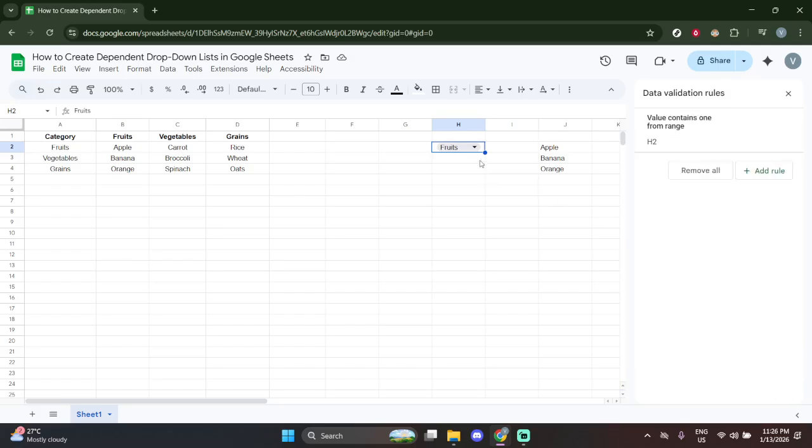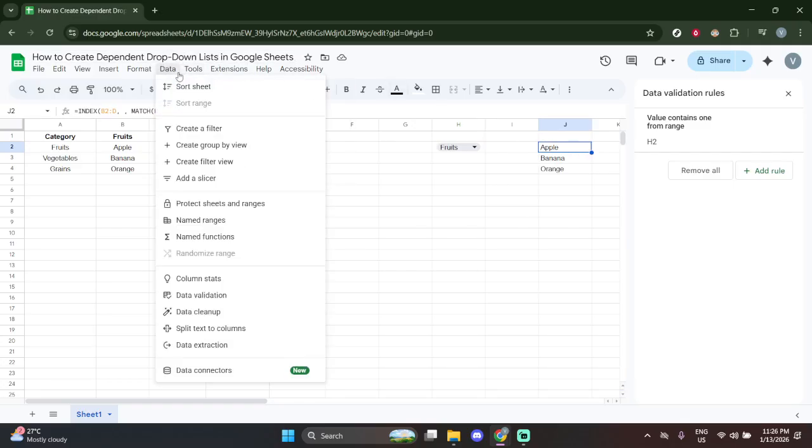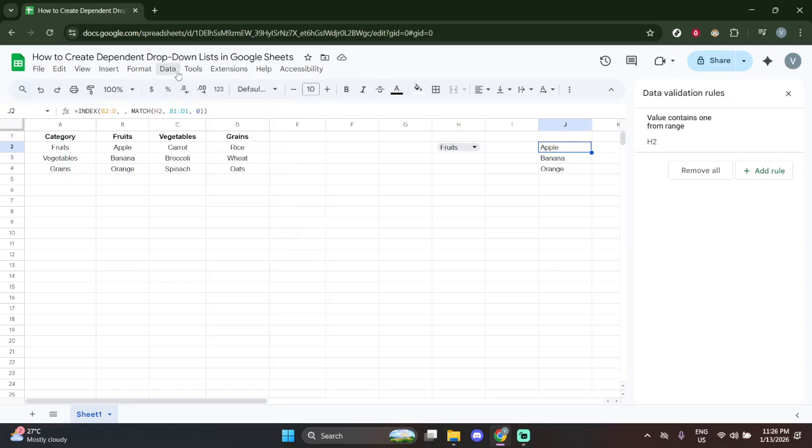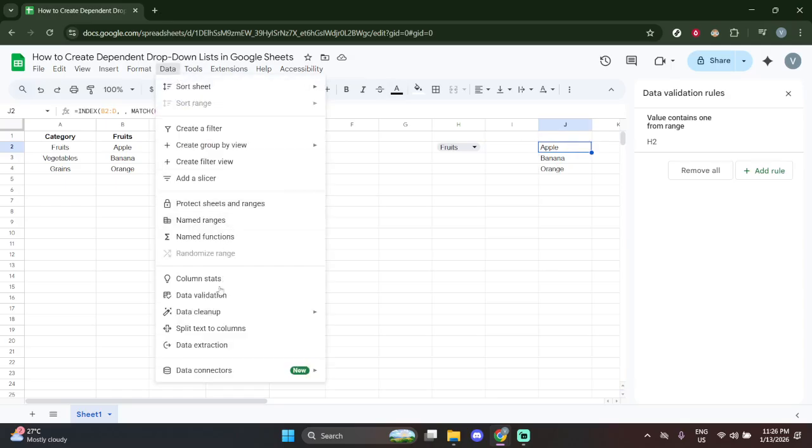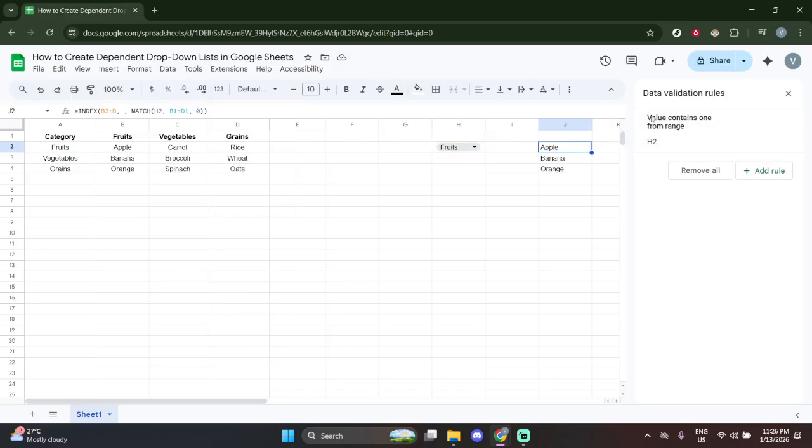Select the cell that will hold your dependent drop-down, the one that should change based on the first selection. This is usually the cell to the right of your first drop-down, but place it wherever you need in your template. With that cell selected, go back to Data and choose Drop-down again. This time, you'll feed it a filtered range that responds to the first selection. If your sub-item headers are in B1:E1 and the lists are beneath them, and your first drop-down lives in, say,